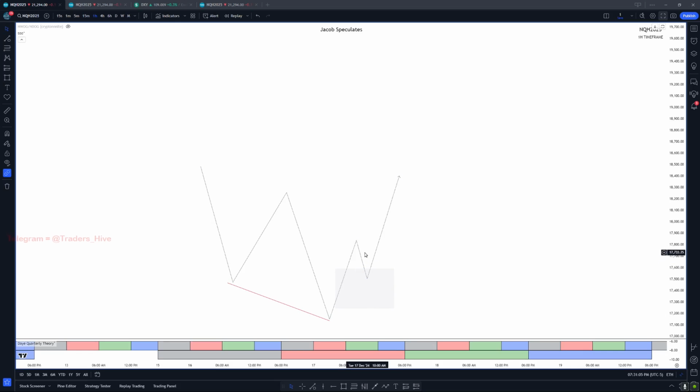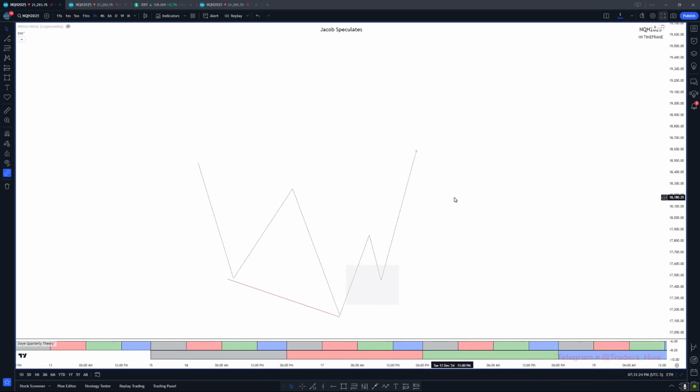Sometimes it will be on the large cycle. So we'll form the fair value gap in one quarter on the higher time frame cycle, open up on that next quarter, and then form the SMT fill. But whenever price is really quick, and generally you'll see this in the morning session, you'll see that fair value gap on a lower time frame quarter, and then that next quarter opens up and then creates the SMT fill.